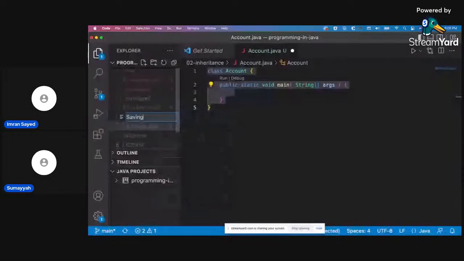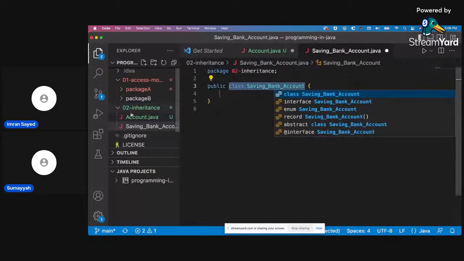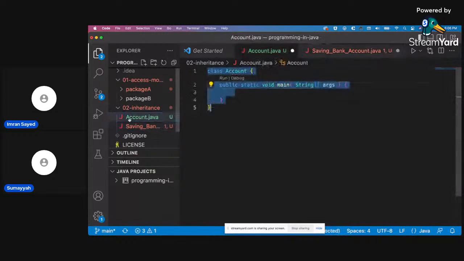Saving bank account. And I think we have to make that class public, right? The account, so that it can. If I don't declare something as public, it's already public.